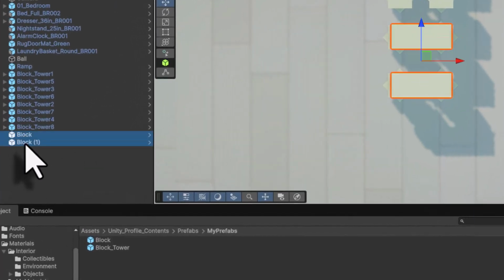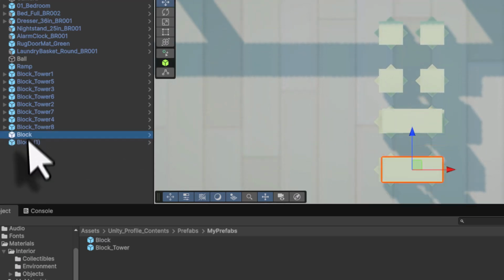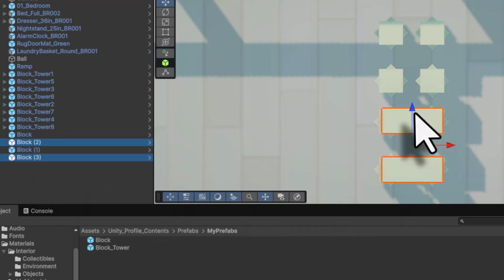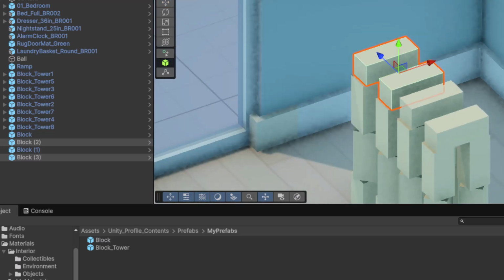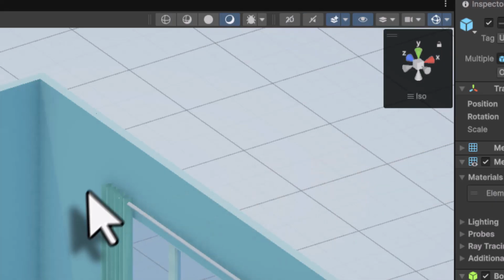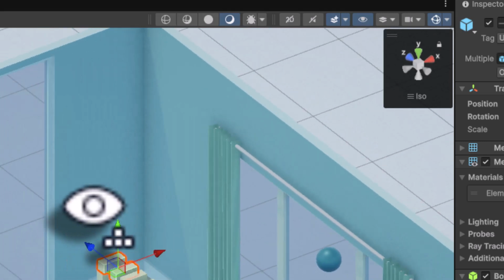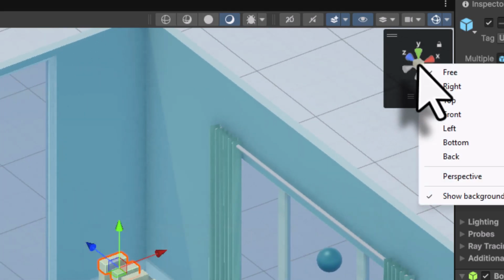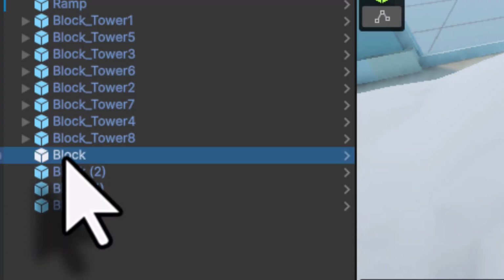I will select block and block 1, middle mouse click and pan. I will select block and block 1, press Ctrl D to duplicate it, then drag it and place it in the next blocks over here. If I right click, turn, and if I press S, I am in the isometric view. When you are in the isometric view, if I right click and press WASD, it's not going to work correctly. I have to right click and change it into perspective view, and select this block, press F2, and I am